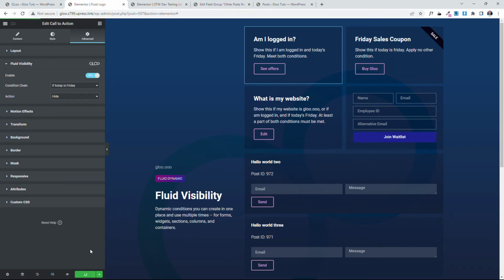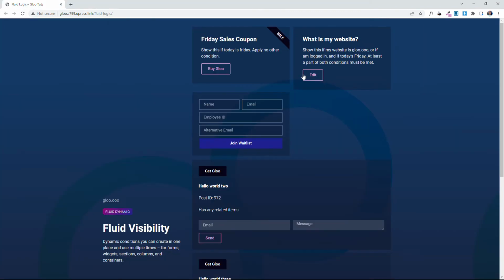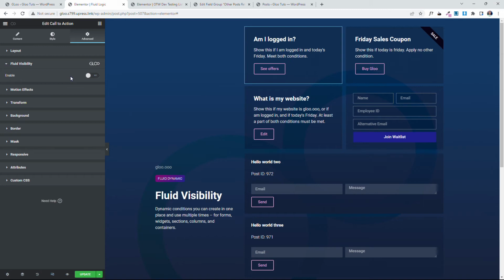So let's hit update, let's come to the front end, see if this "I am logged in" widget actually does hide. So we're going to refresh this and we see "I am logged in" actually does hide. Now let's say we want to do something like show this if today is Friday and I am logged in, or if my website is